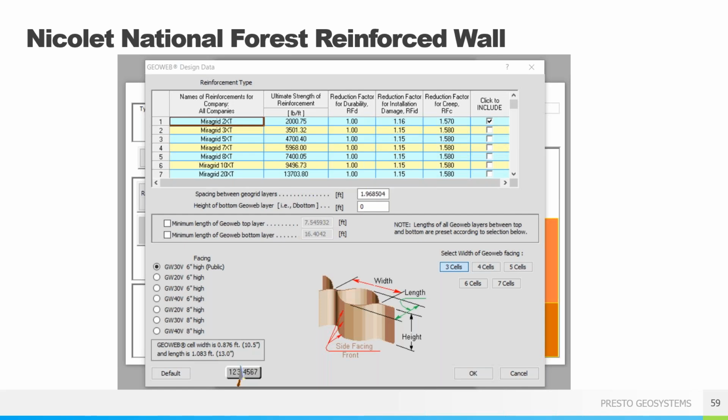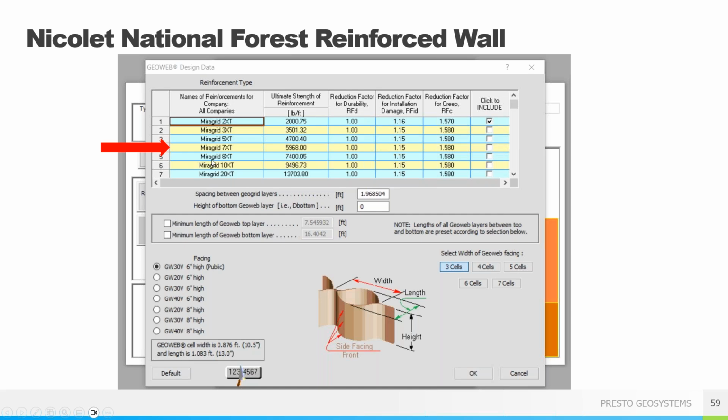So you hit the bottom at the right. Now we're back to a different screen. We can actually choose, once again, the GW30 V6, different types. Once again, you select the number of cells and width. I would highly recommend just starting with 3. Since it's a reinforced wall, let's say under maybe 25, 30 feet or so, a 3 cell will be more than adequate, depending on the surcharge. I always start with a 3 cell here.